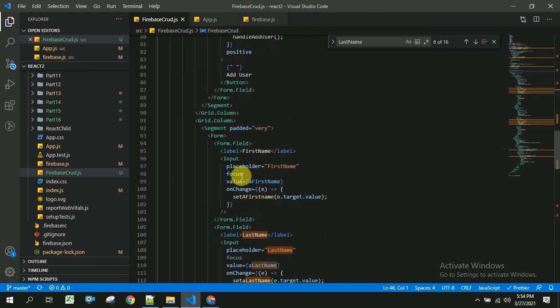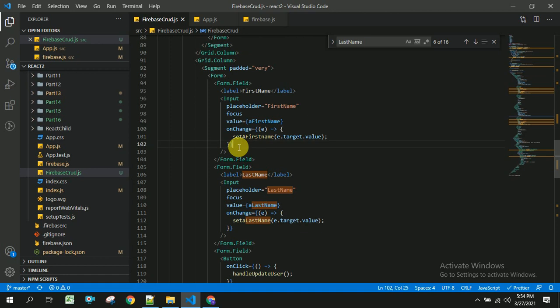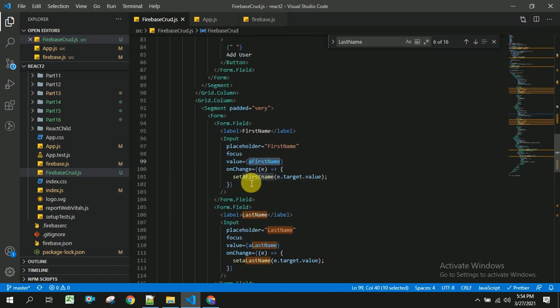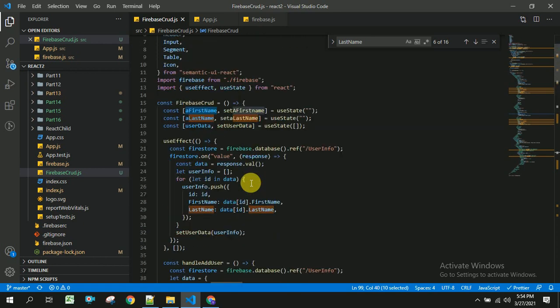In order to store the data entered by the user in these update fields, I am going to take two constant variables.